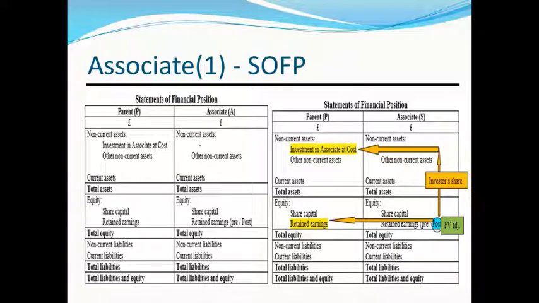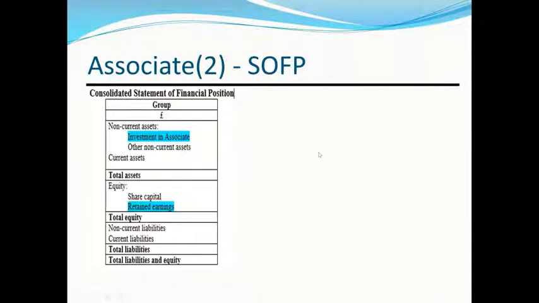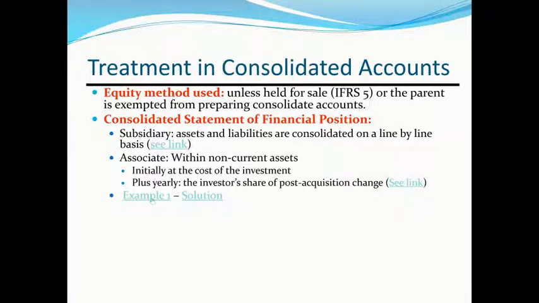We just pick up the investment in the associate at cost and the retained earning of the parent company, and adjust both figures with the investor share of post-acquisition profit of the associate. And then we produce the final format of the consolidated statement of financial position, which includes only adjusting the investment in the associate and also the retained earning of the parent company with the investor share of post-acquisition profit of the associate. Okay, so looking at the example,